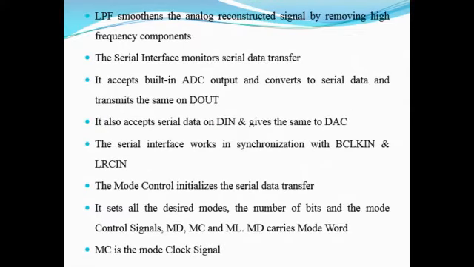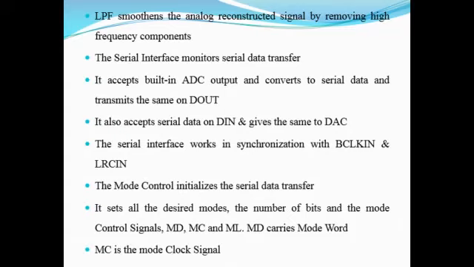Then low pass filter, so that is the end of that codec process. Low pass filter smoothens the analog reconstructed signal by removing high frequency components. So it is a known process of a low pass filter. The main idea of using a low pass filter is to remove the high frequency components. So in order to properly reconstruct the signal we have fed to a particular circuit, we are going to reconstruct it by using a filter, removing the high frequency components which act as an unwanted component in the process.